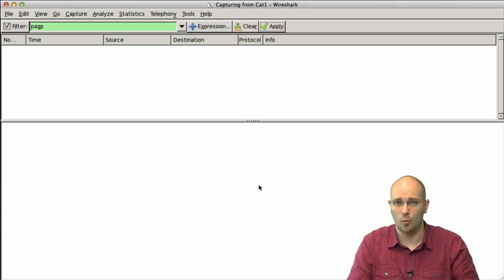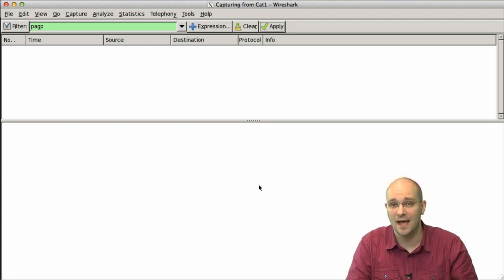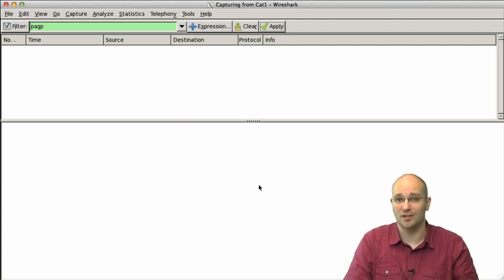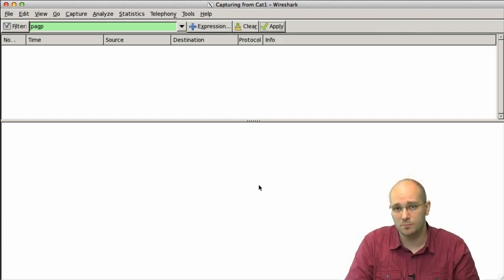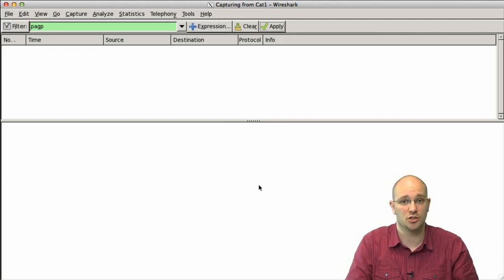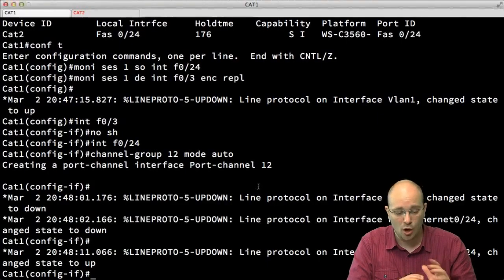Let's take a look at our Wireshark. As you can see, no frames have been captured. The reason is because FastEthernet 24 is now not transmitting any PAgP frames. Remember, they will be sent only in response to the initiated negotiation from the other side. This was the first thing I wanted to show you. Going back to my terminal,